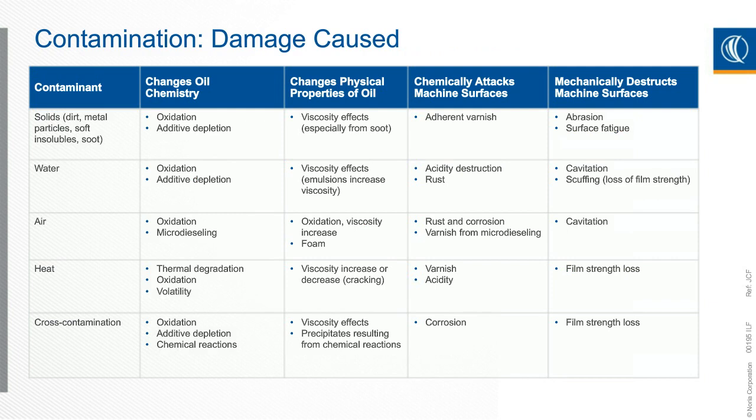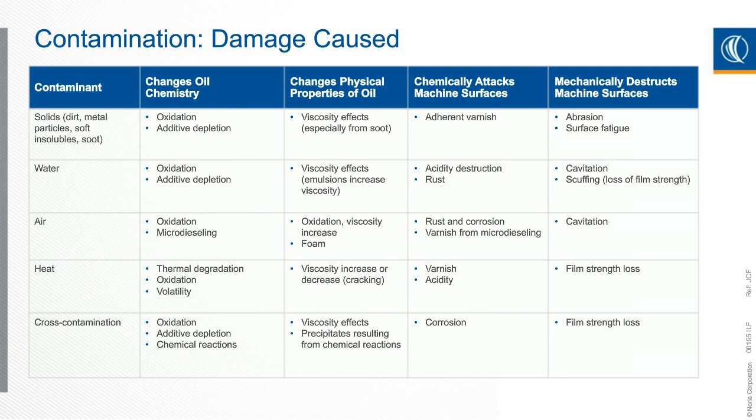Now, contamination is very important. Contaminants, like I mentioned, could be all sorts of things, and they can affect the oil itself or directly impact the machine. How it affects the oil could be a chemical reaction such as oxidation, which we mentioned before. Solid contaminants can do that. Water can do that. Glycol can do that. Air can do that. Heat can do that. Many things can promote oxidation. It can also change the physical properties of the oil, particularly things related to viscosity, whether it's a viscosity change, viscosity index influence, or flash point, let's say. All these things can be influenced by contaminants.